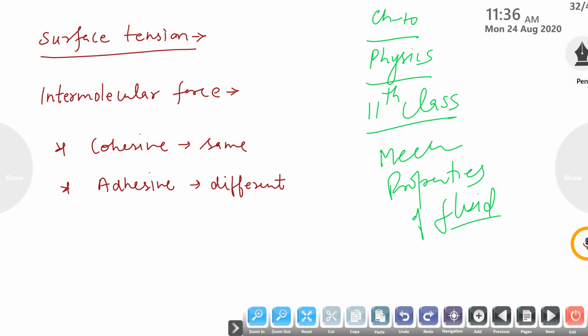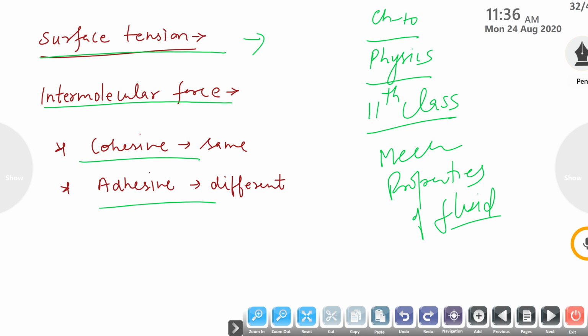So in this part we are going to study surface tension, which is the tendency of a liquid to have the minimum surface area for the maximum volume. This is known as surface tension, a property by which any liquid regains its shape, and it is due to the intermolecular force. As a liquid has many molecules, there is an intermolecular force between them. Due to this it shows the surface tension property.